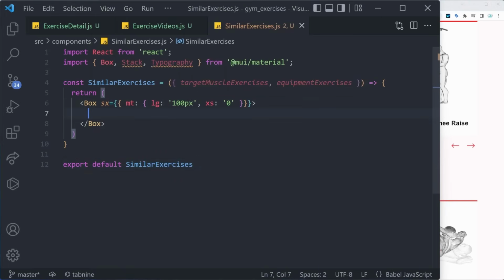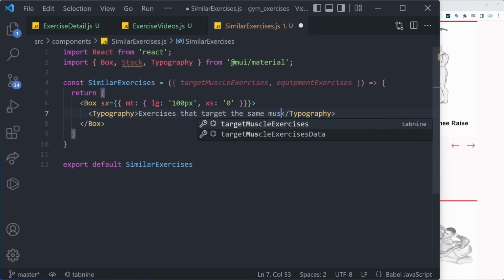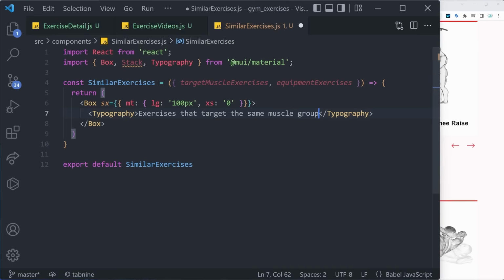So that's going to be a Typography first. There we can say something like, exercises that target the same muscle group. There we go. That's going to be it for now, and we can make that variant of something like h3,